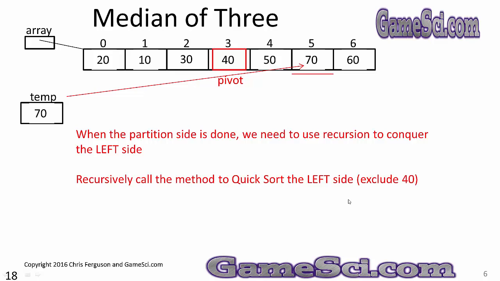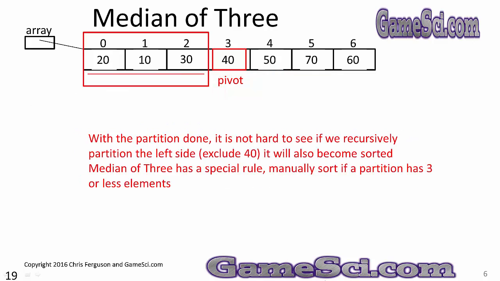All we need to do now is use recursion to conquer the left side. Let's go ahead and use recursion and say, hey, partition this left side. Recursively call the method to quicksort the left side. You can exclude 40. It's in its perfect position. With the partition done, it's not hard to see if we recursively partition the left side, not including 40, it